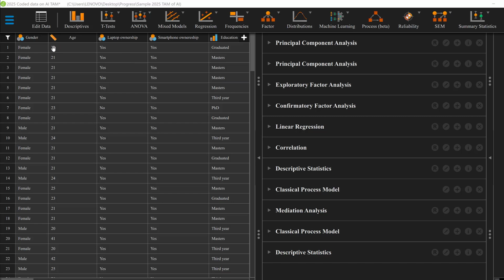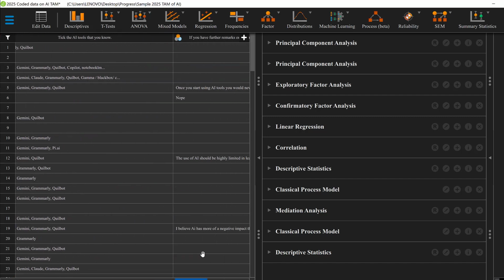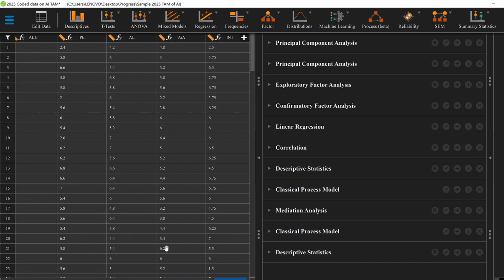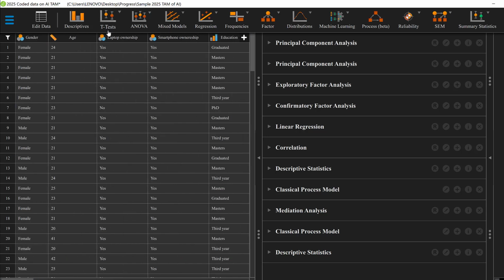So I have this data. I have the gender, which is a categorical variable with two levels, mainly male and female, and we want to test whether or not there are any statistically significant differences between males and females on the one hand, and some composite scores of Likert scales like perceived usefulness, perceived benefit, etc. of AI. So what we can do is go to t-test,